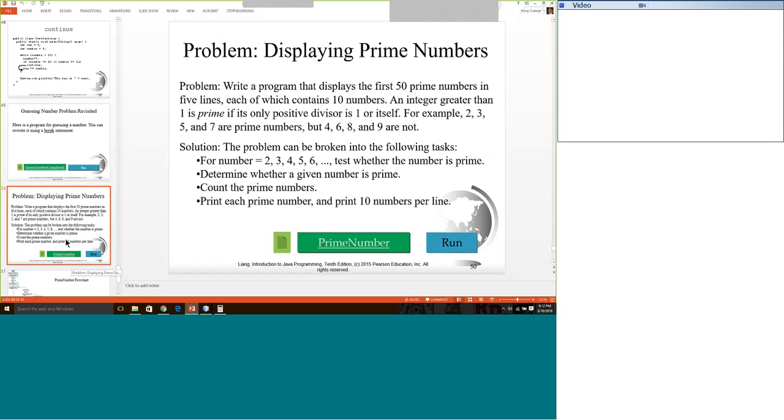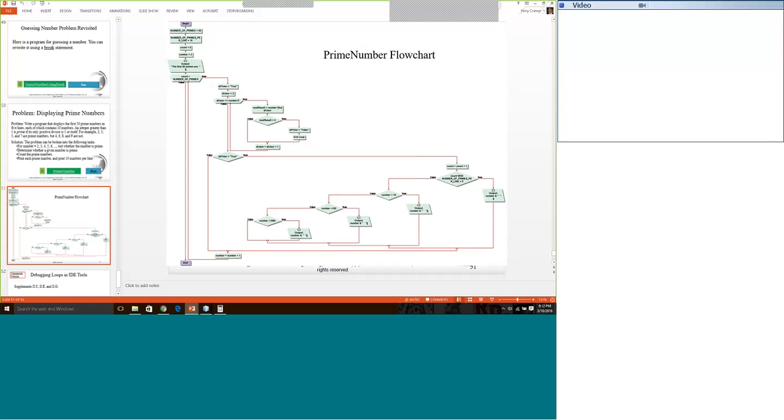I'm going to skip over the prime number. Everybody knows what a prime number is. It's a number that's divisible by itself and 1 only. And it's a rather interesting program. You can take a look at it. I also included a flowchart here